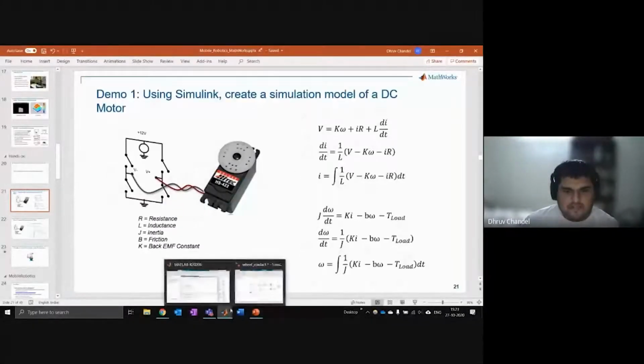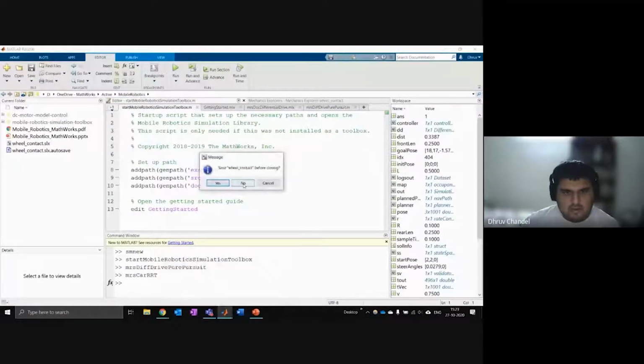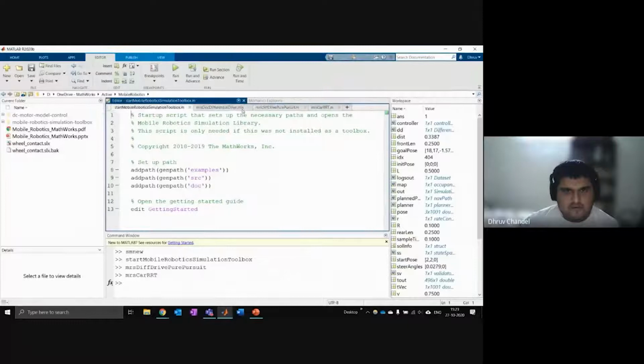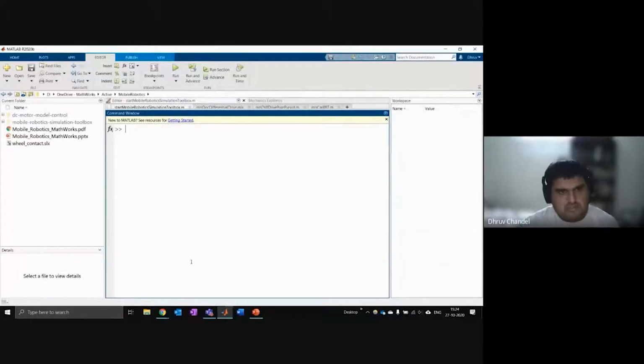So first thing I'm going to do is open up MATLAB. You would need to install MATLAB if you don't already have it. I'll just clear all the stuff. The MATLAB interface looks something like this. Most of you said you've seen it. I'm using the latest version, 2020B, because it comes with a lot of additional features. Here's the command window. You can type commands here, and the results get saved in the workspace.